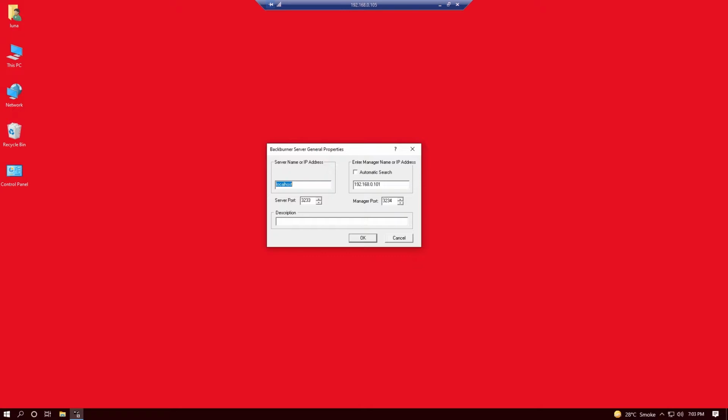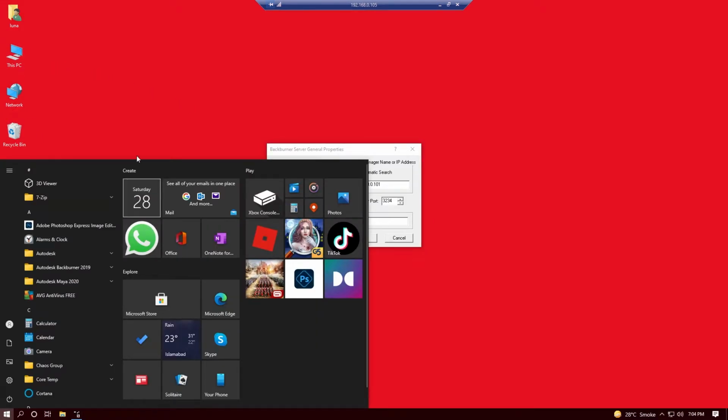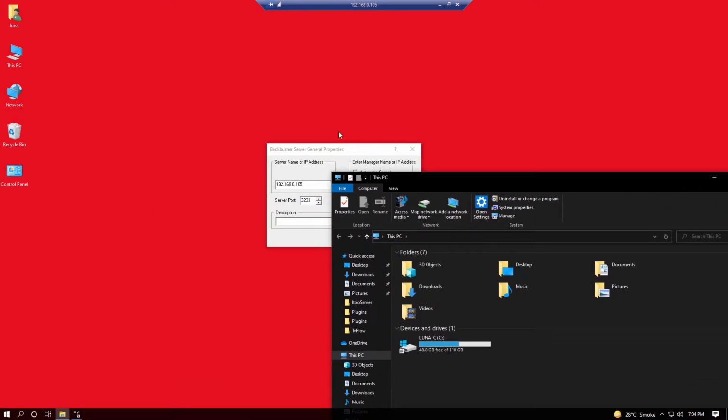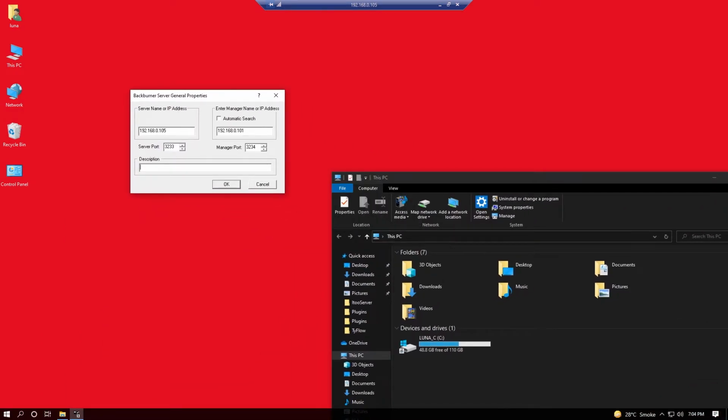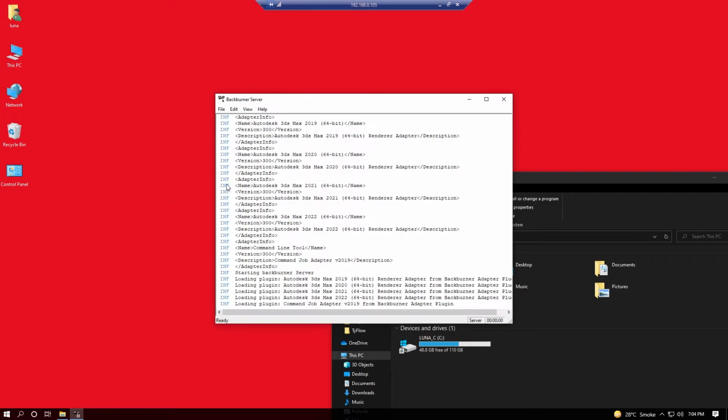By the way, I will try to give the link in the description for how to use the IP address to set up the computers. And in this area you want to be using the server IP address, which you can see is 192.168.0.105. I named this computer Luna, and I am using the naming convention from Dota 2. Everything else should remain default, and I am going to press on OK.